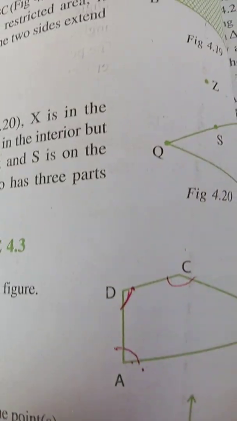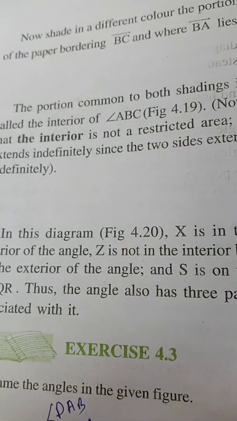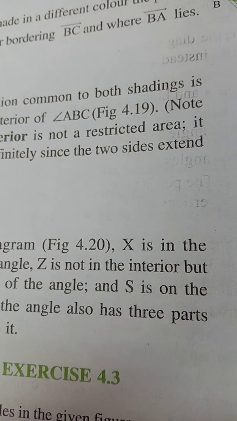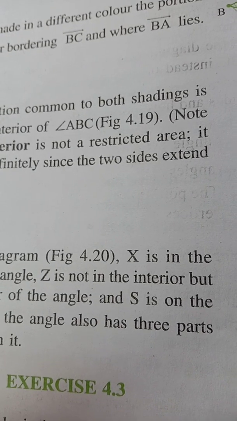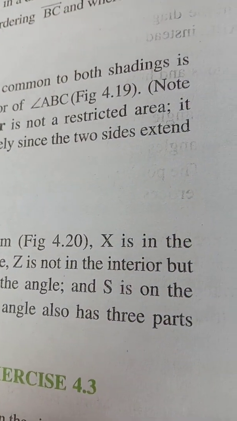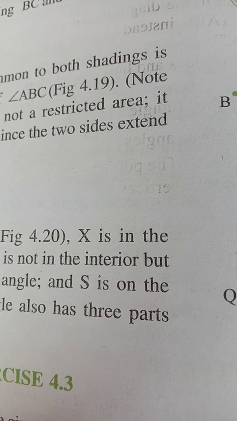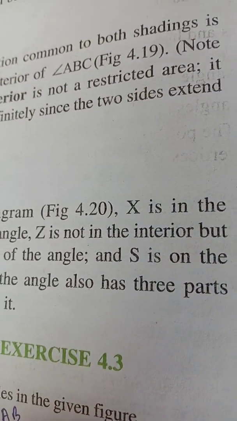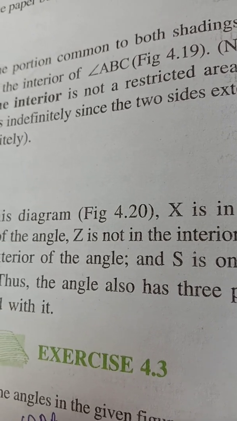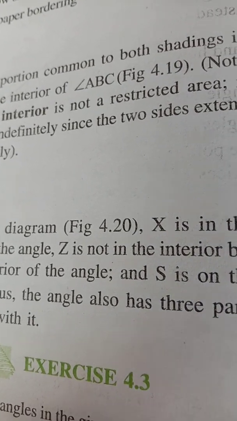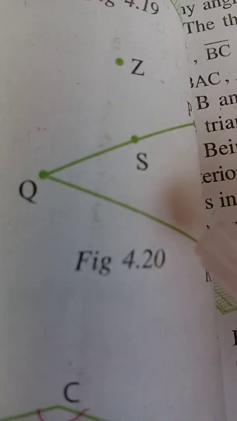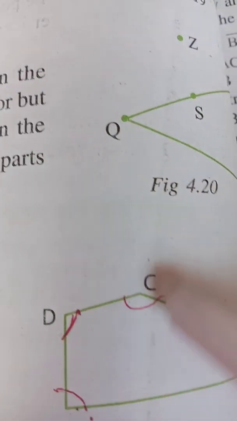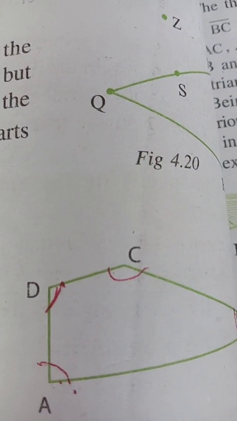As per measurement, angles are divided as follows. If the measurement of the angle is less than 90 degrees, we call it an acute angle. More than 90 degrees, we call it an obtuse angle. Exactly 90 degrees, we call it a right angle. Exactly 180 degrees, we call it a straight angle. More than 180 and less than 360, we call it a reflex angle. And for an angle, the portion inside the angle we call the interior, and the outer portion we call the exterior of the angle.